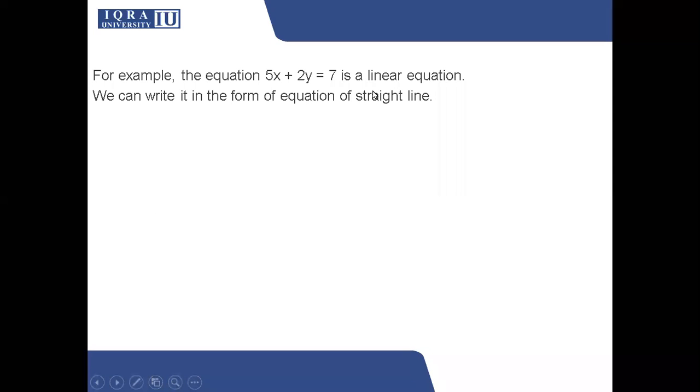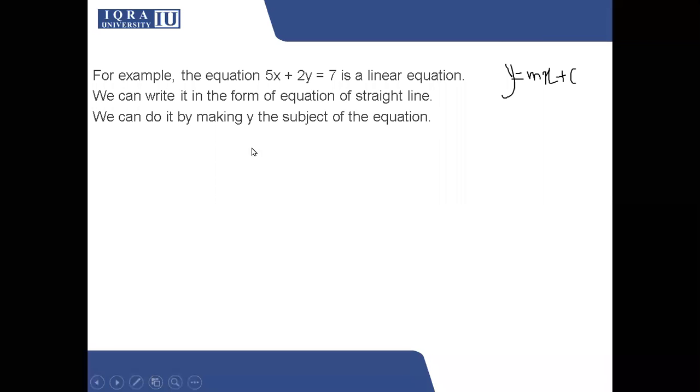So remember, what is the equation of a straight line? It is y equals mx plus c. Somehow we need to bring this form into this form, right? Remember that my y has to be single. There cannot be 2y or 3y, or in this case, 2y. We need to have a single y on the left side of the equation, and on the right side, we need to have something like this. So let's see how to do it.